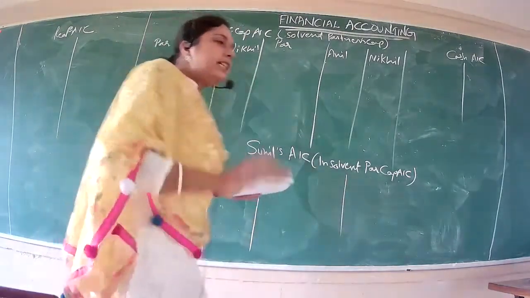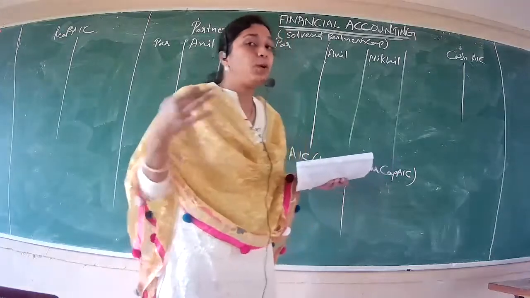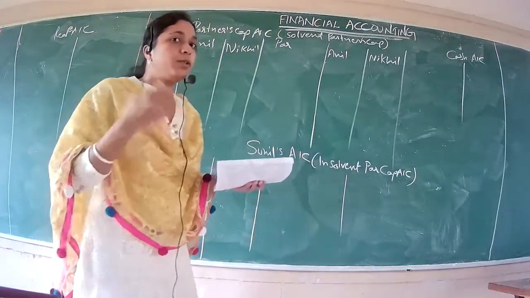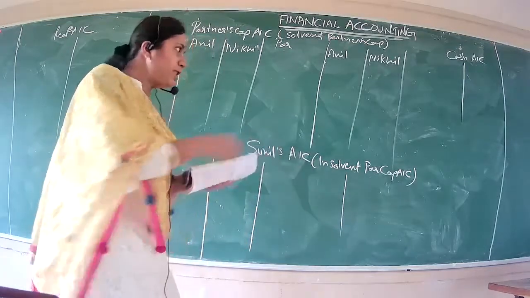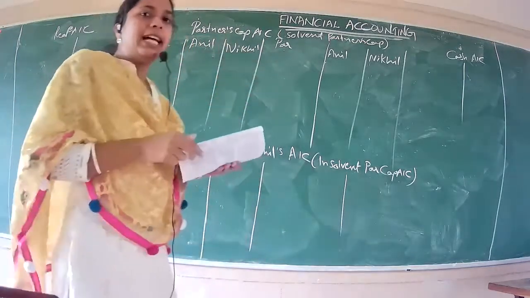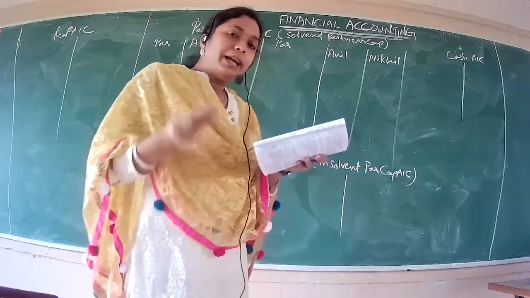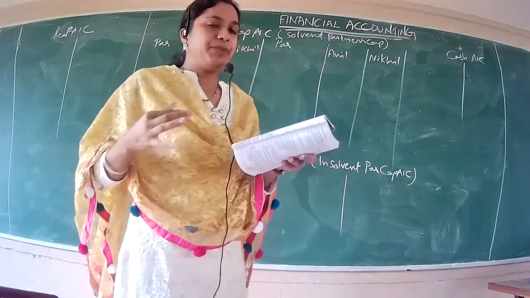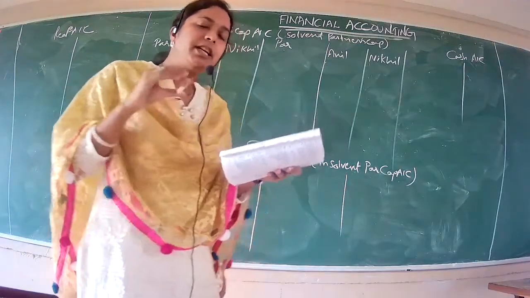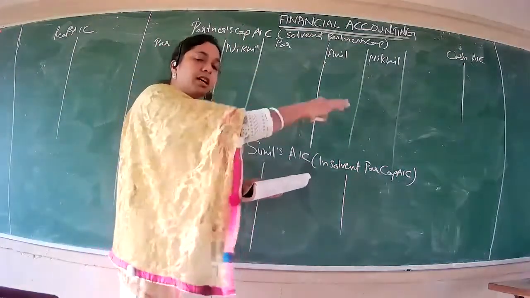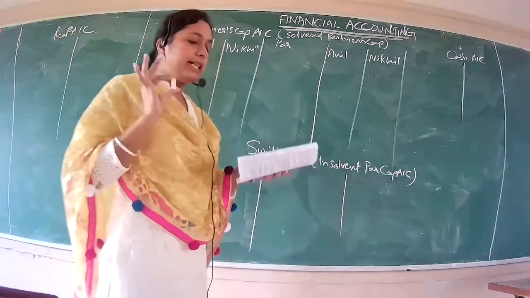Okay. Now, if we try to recall the steps, I hope you have written them in your notes, so you can go back to those pages. So if we recall these steps, the very first step was to open the accounts, which we have done, and then we had the step to empty the balance sheet. Empty the balance sheet and bring all the items given in the balance sheet to the respective accounts. So we'll do that now.